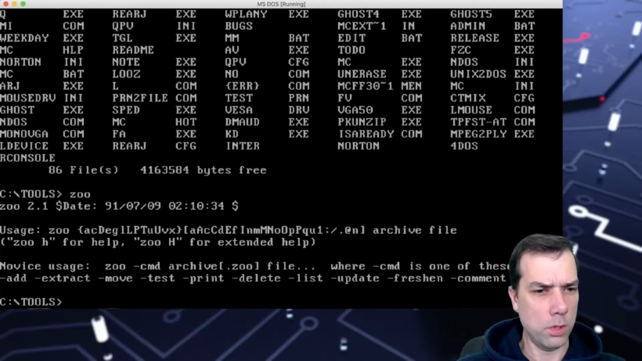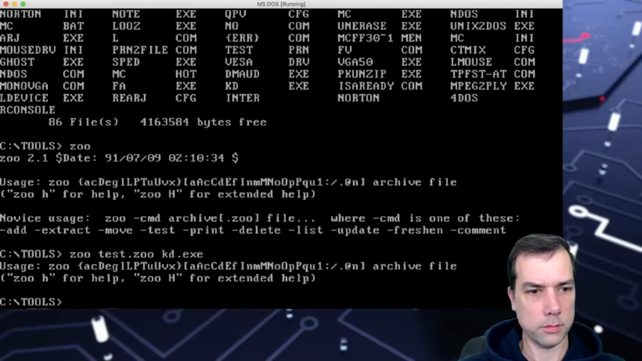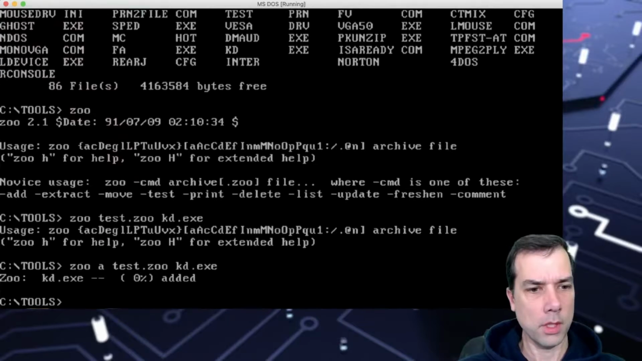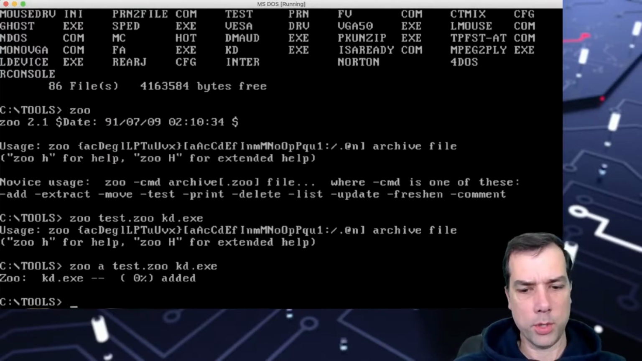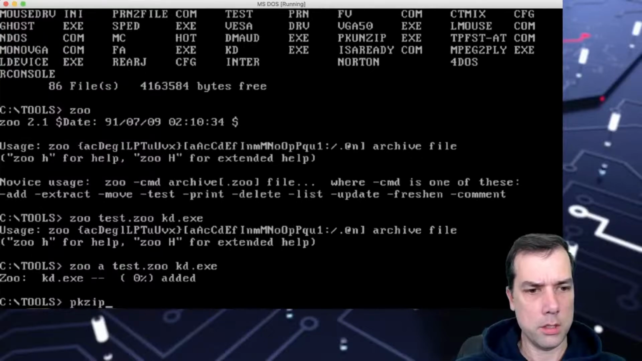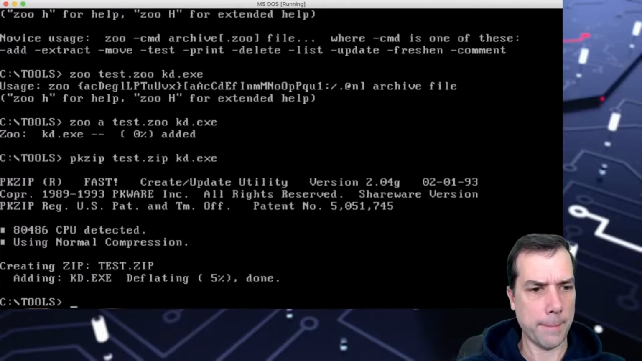So let's do zoo test.zoo, and let's put in the kd.exe file. Zoo space A for add, test.zoo, kd.exe. And it added it, and it didn't do any compression. So let's compare that to PKZIP, test.zip, kd.exe. And that did 5%. And then there's also another one on here,